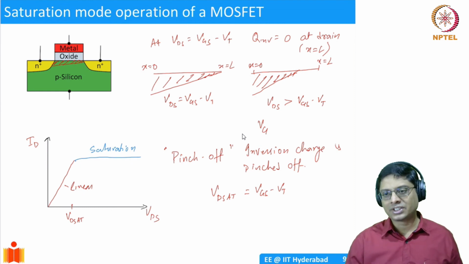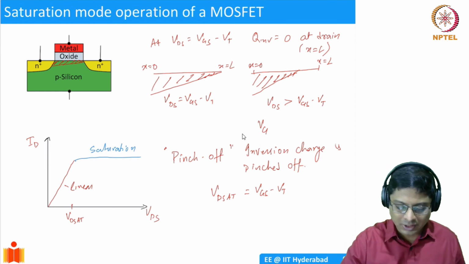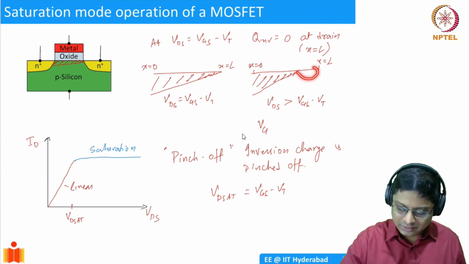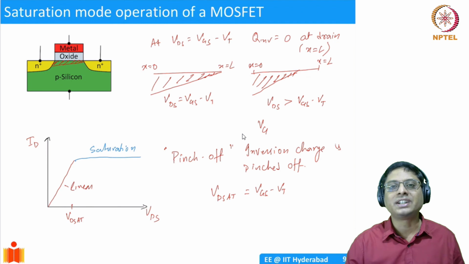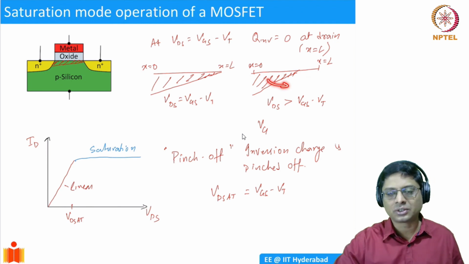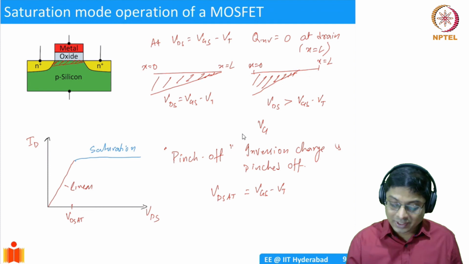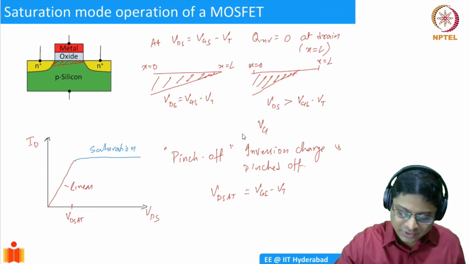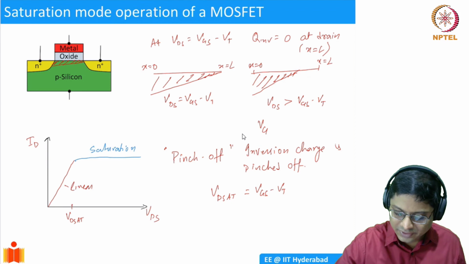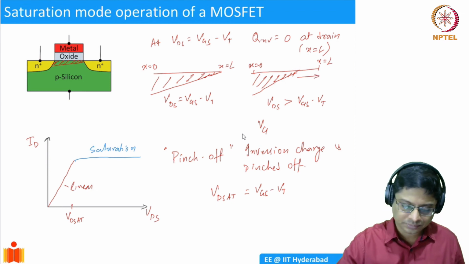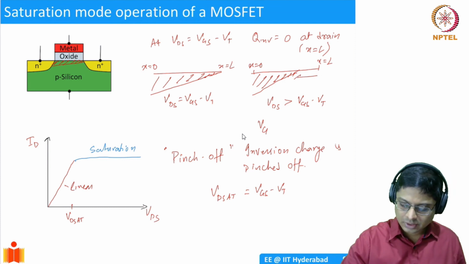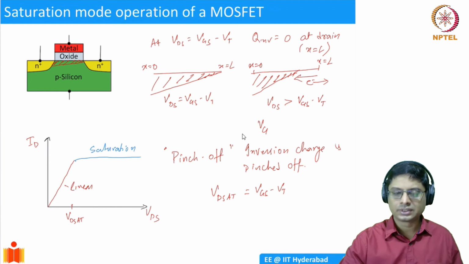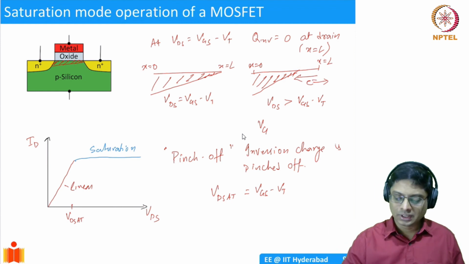In fact, the inversion charge is pinched off for a small distance near the drain. So physically, in this area, there's no inversion charge at all. The channel has got completely pinched off. Because of that, the current cannot increase any further. Whatever inversion charge is here will cause the current to flow. Why will the current flow? Even though there is this inversion charge, there is some field here going in the opposite direction actually. So electrons can still travel on this side, they will reach the drain. They will drift. So in the pinch off region,